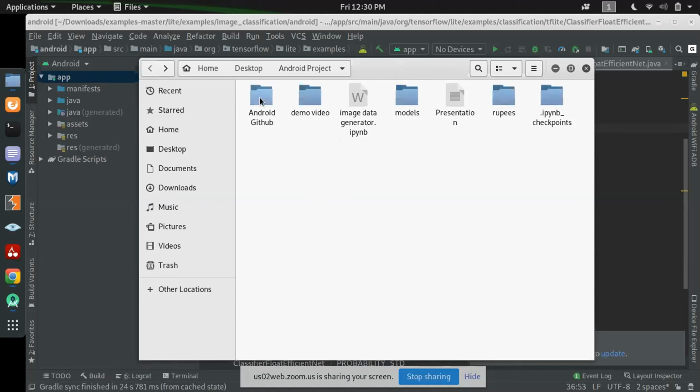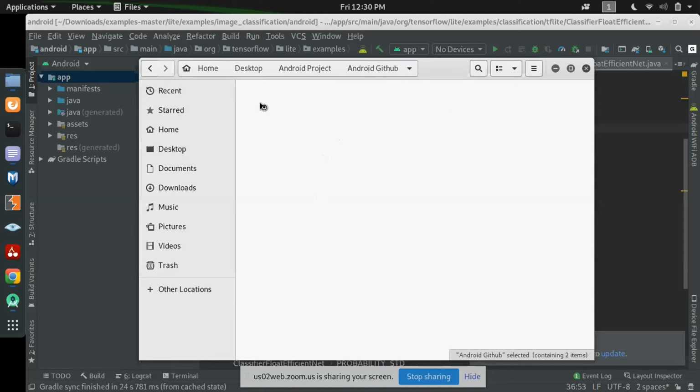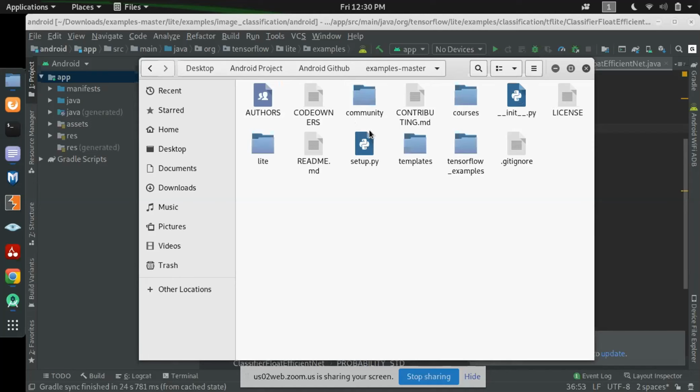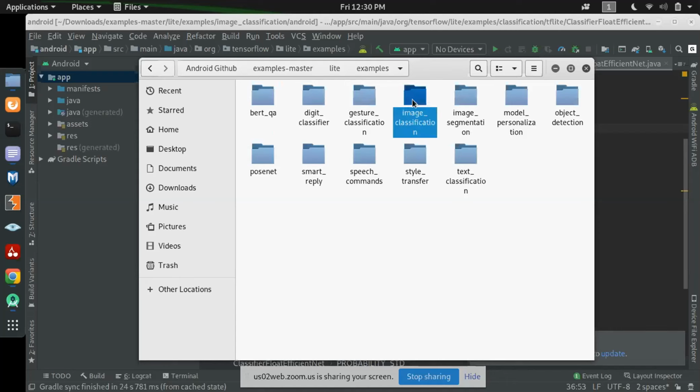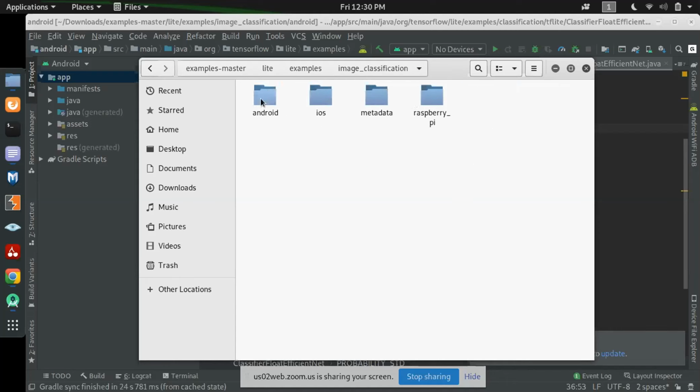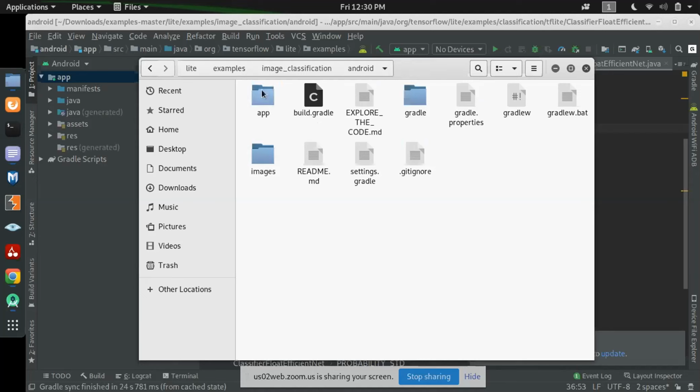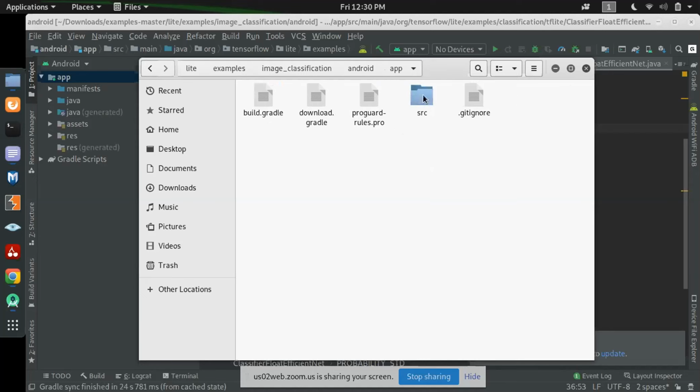That Android Studio project is present in the Android GitHub. Please remember the path: in examples, there is a folder called Lite, and examples, image classification, Android, app, src, main,